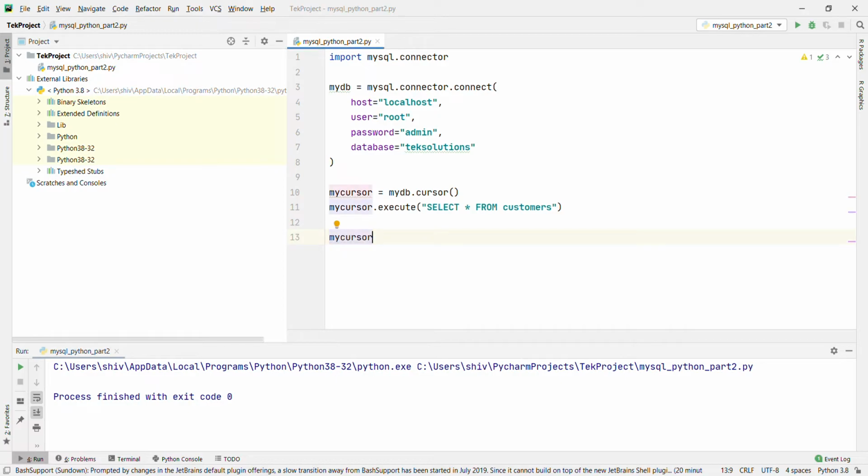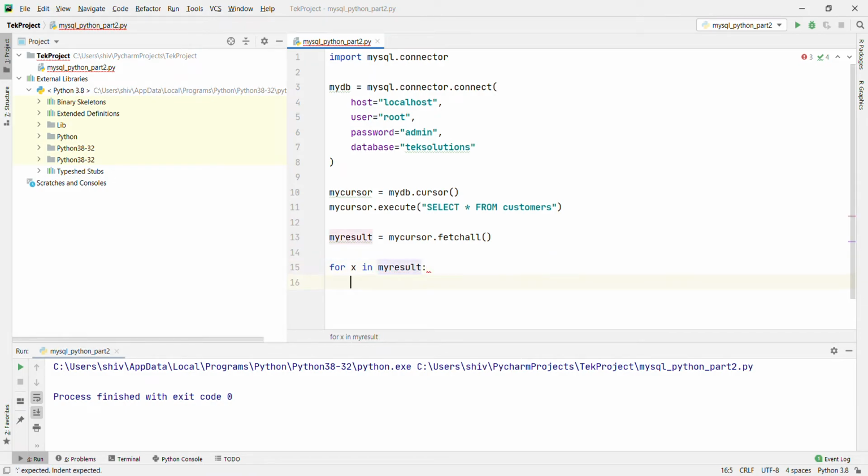myresult equal to mycursor.fetchall, and for loop: for x in myresult: print x.